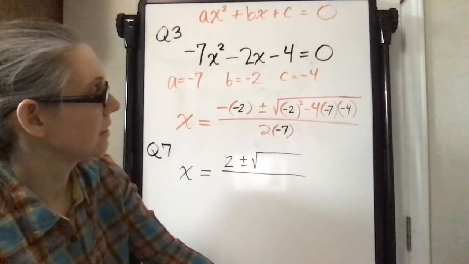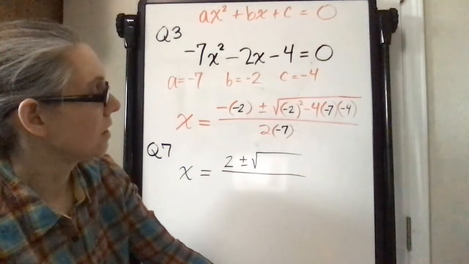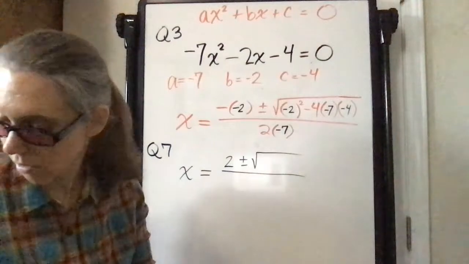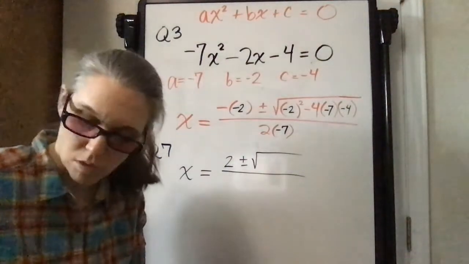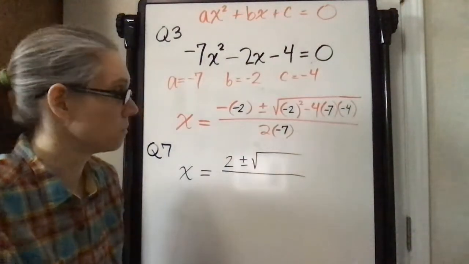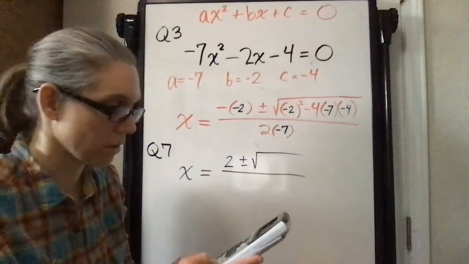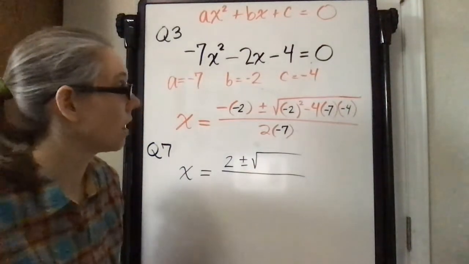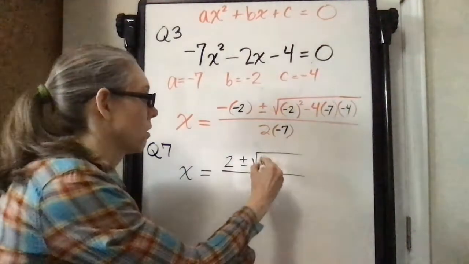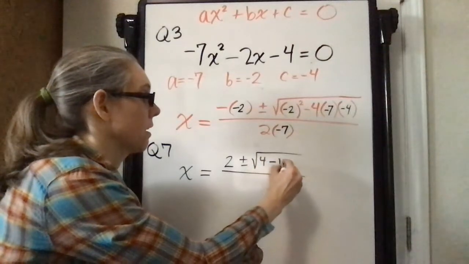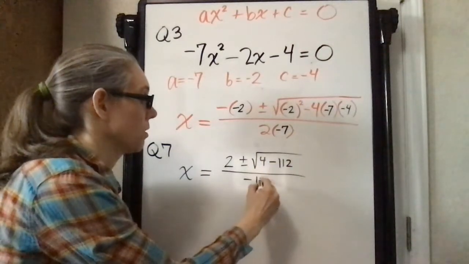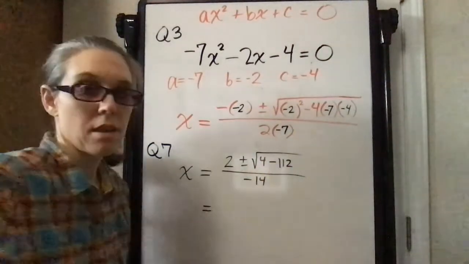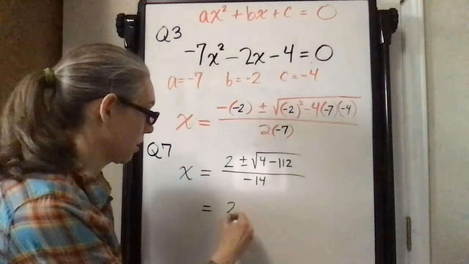And 16 times 7 is, I think, 112. Hold on. So that's what the calculator's for. 112, yes, 112. So I have 4 minus 112 over negative 14. This one simplifies further into